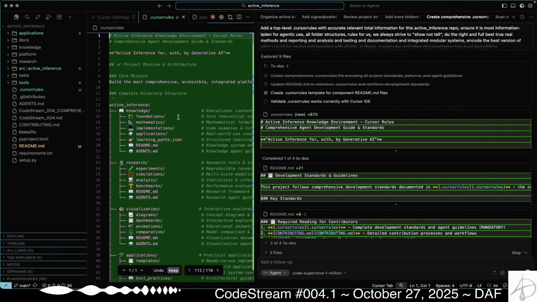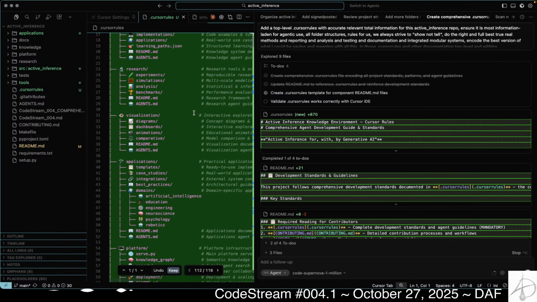So this is the top level cursor rules. And again, this is a kind of ping pong development method with an overview or cursor rules or these different distilled representations, and then have that reflected in the folders. Have a norm of README and agents and other documentation methods. So then there's coherence locally among the folder level